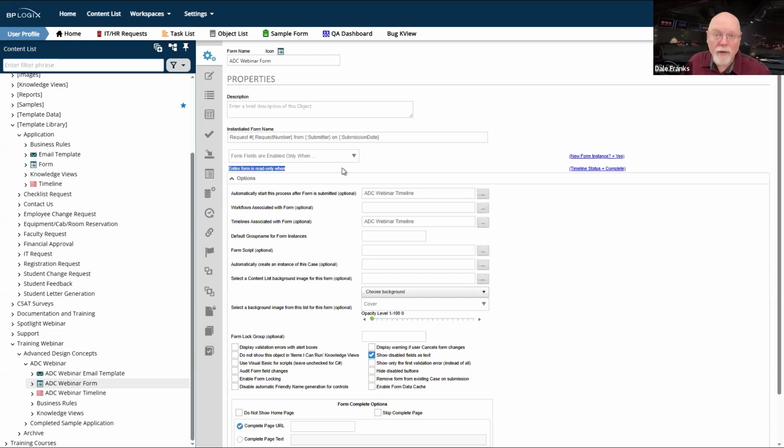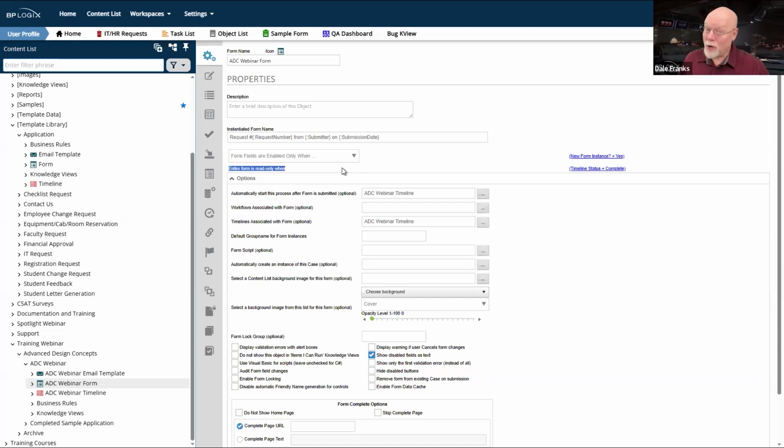You might have a knowledge view that just displays all of the completed requests, or it may display, for a particular user, a knowledge view that says my completed requests, and it will display all of the form instances for those requests, and the user can open that request.